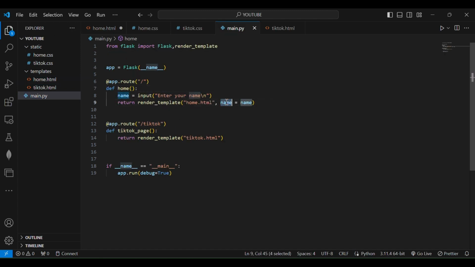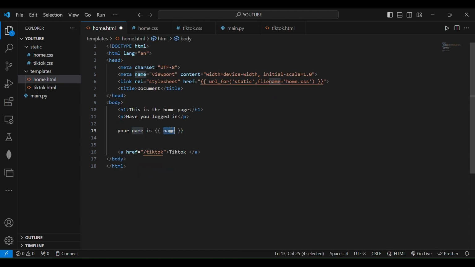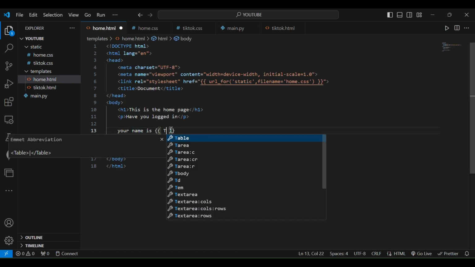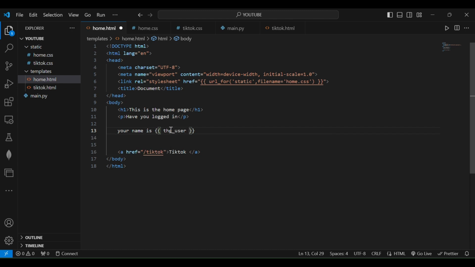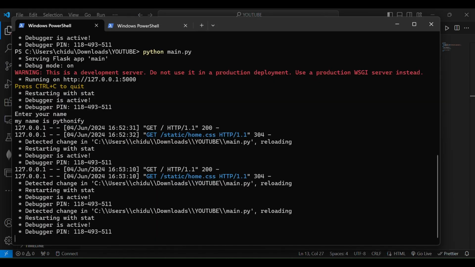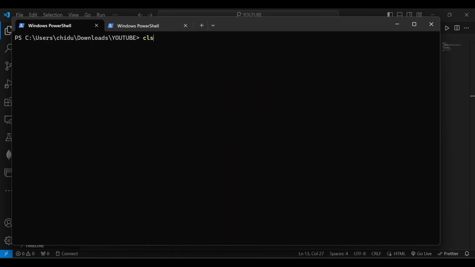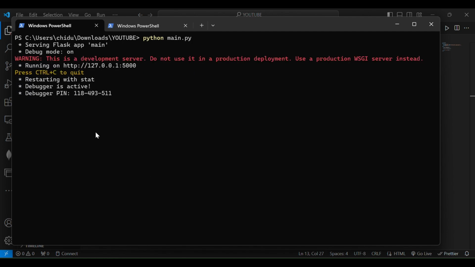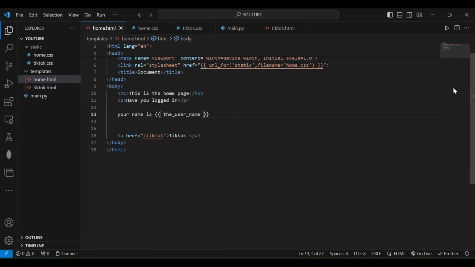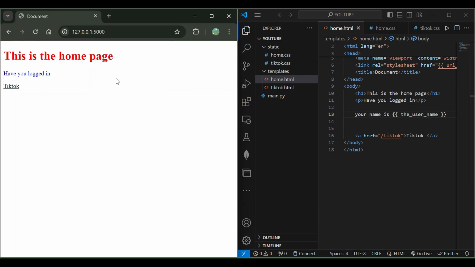So if I change this one to username, I go back to this one and then I have to change that one to username. Both of them have to be the same. If I refresh this and rerun that again,